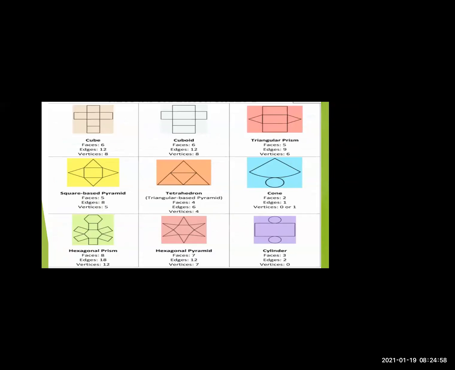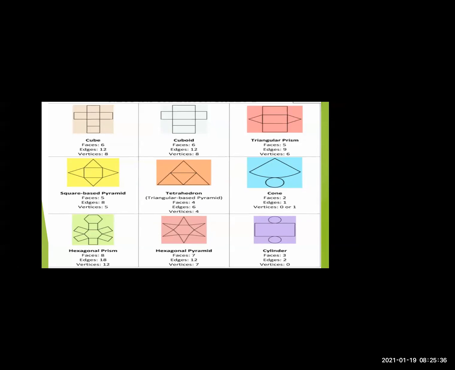So here there are some net shapes you might have seen. Cube. Yesterday we studied 6 faces, 12 edges, 8 vertices. Cuboid also resembles the same, but each face of a cube is square, and in a cuboid each face is a rectangle. The rest of the faces, edges, vertices are the same. Triangular prism has 5 faces because there are 2 triangles covering it, and 3 rectangle faces. So 5 faces, 6 vertices, and 9 edges.